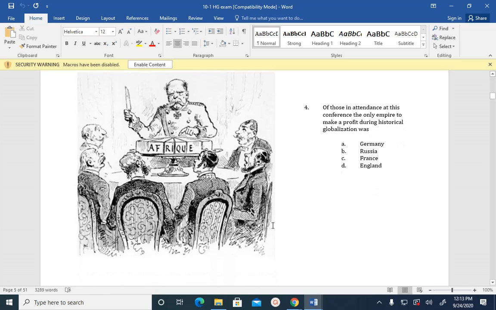When we do the Scramble for Africa tomorrow, we'll be looking at some visuals from the time period like this, about the carving of Africa with the Berlin Conference. And of those in attendance at this conference, the only empire to make a profit during historical globalization. So this is one where